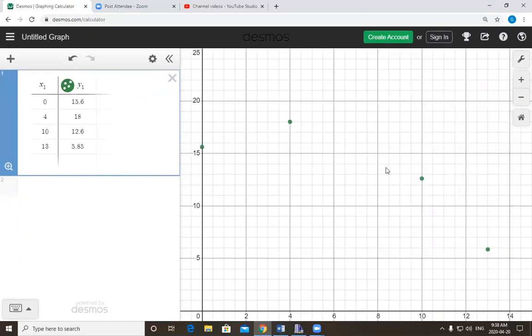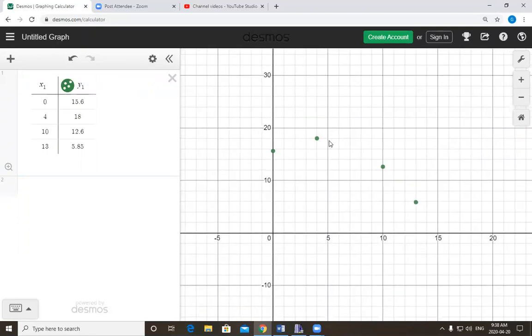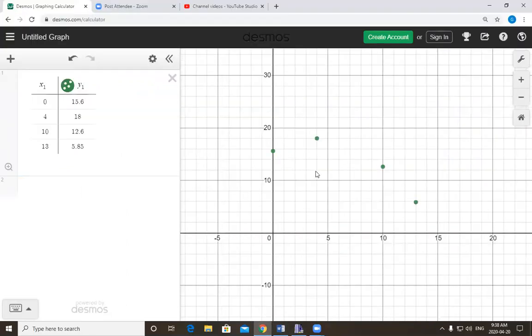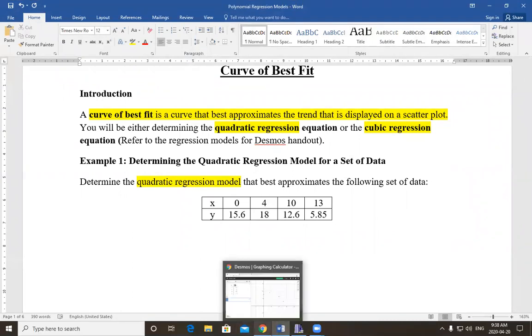Okay, so clearly here now we see some data points that are plotted, and this would be considered a scatter plot. So when we get a scatter plot, that's what the scatter plot looks like. It's just points. So to get the regression equation for quadratic, we will type in the regression equation model,